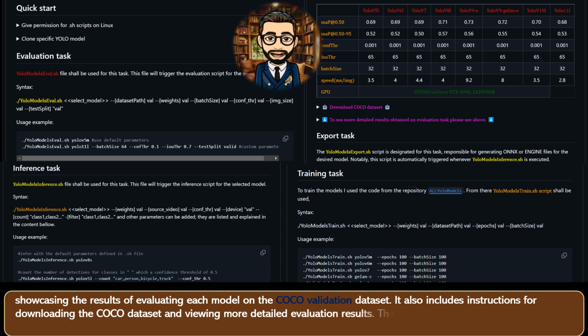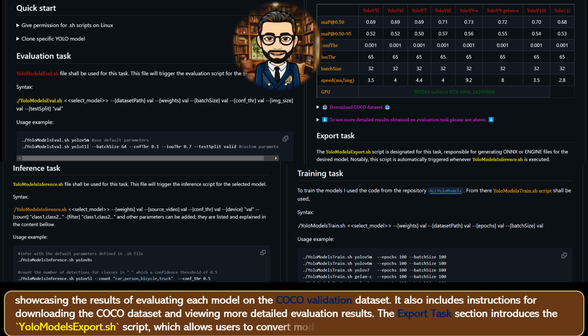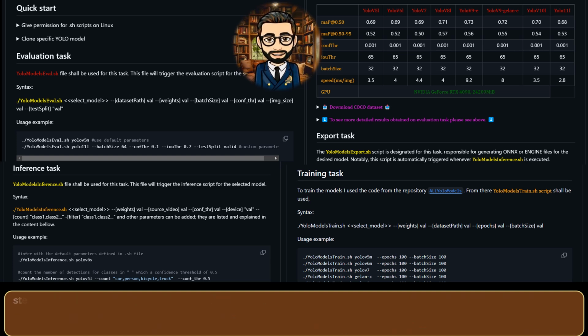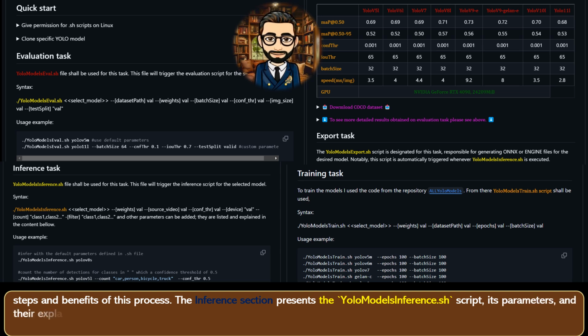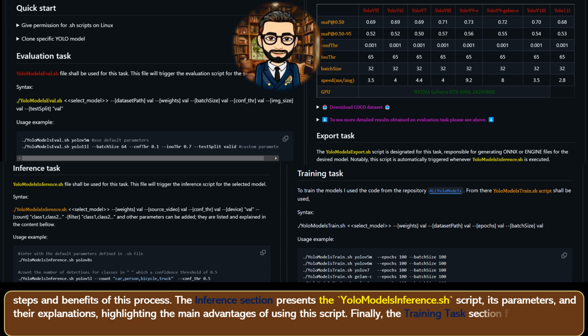The Export Task section introduces the YOLO models export.sh script, which allows users to convert model weights into ONNX or TensorRT formats, outlining the steps and benefits of this process. The Inference section presents the YOLO models inference.sh script, its parameters, and their explanations, highlighting the main advantages of using this script. Finally, the Training Task section focuses on the YOLO models train.sh script,